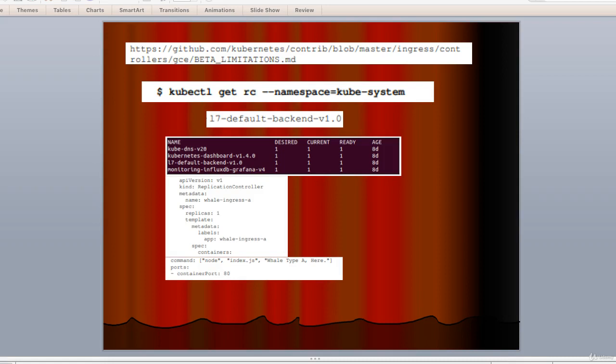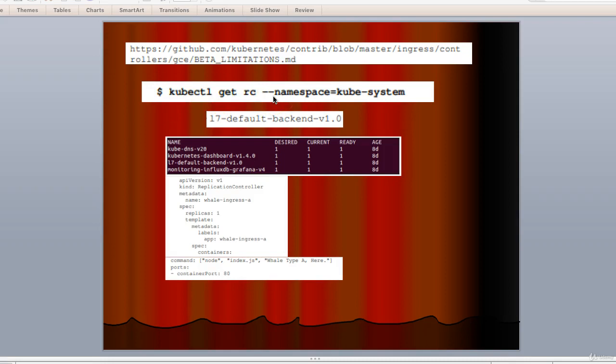As we have discussed earlier, a GCE cluster comes with a default backend which provides layer 7 load balancing capability. We can see this controller running if we look at the kube-system namespace, as you can see on the screen with this particular command.